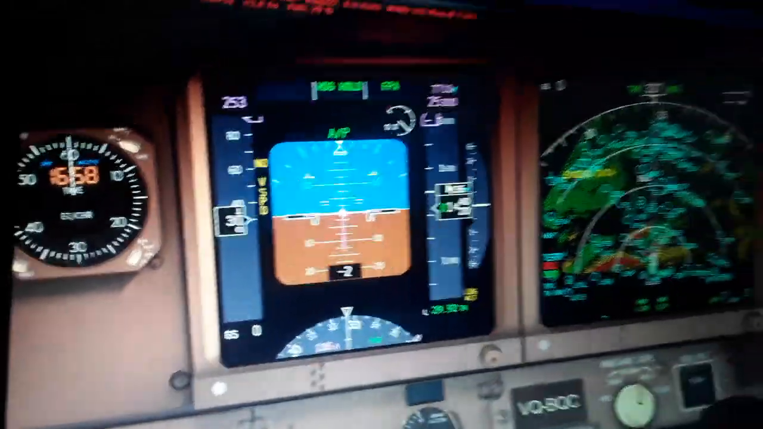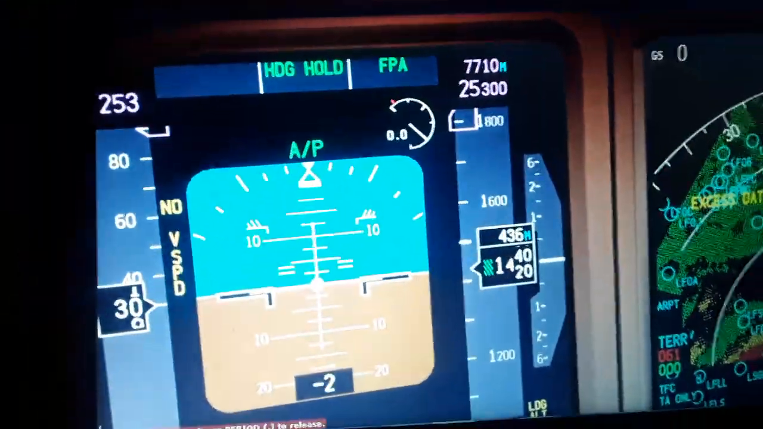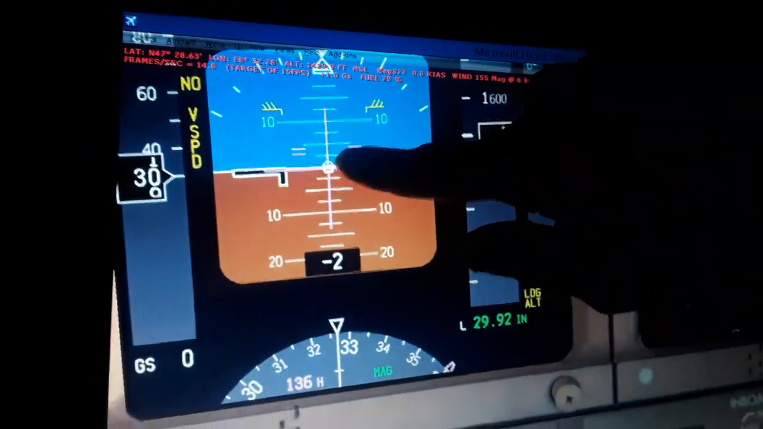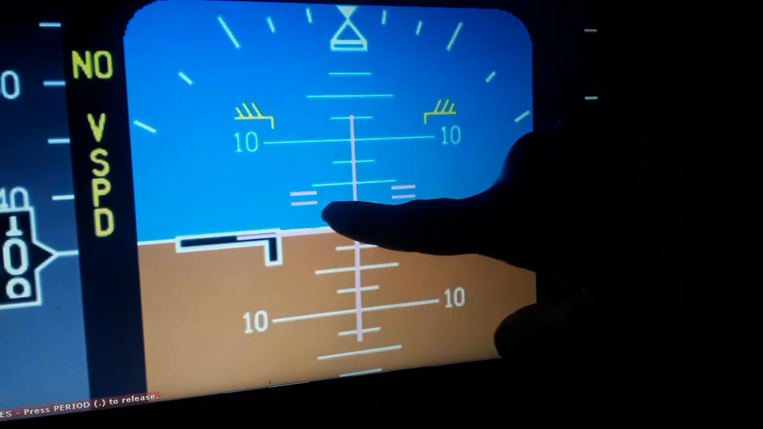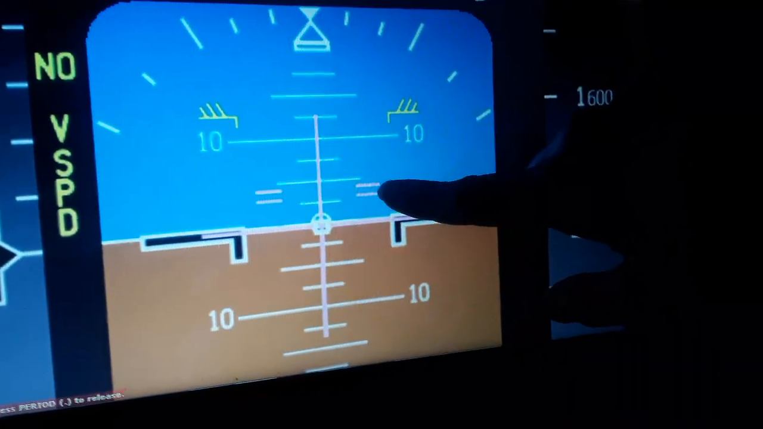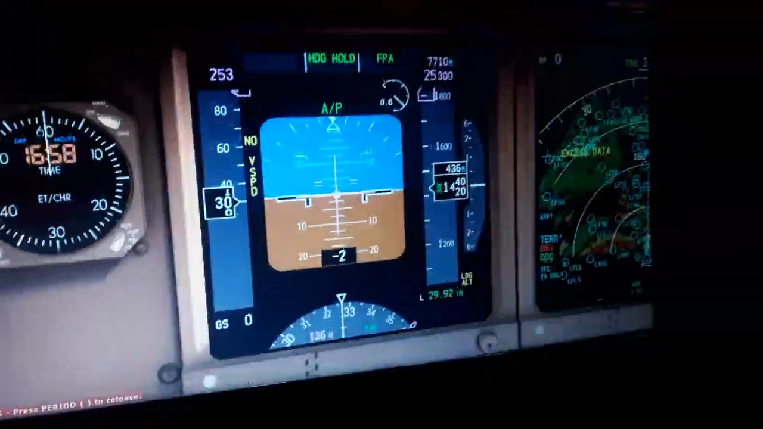For climb, you will see the FPA, the flight path angle, over here with the heading hold, and you will see the two purple marks in the pitch ladder. These marks in the crossbars on the left and right over here show we have to climb with this pitch rate. So we can use the other mode instead,